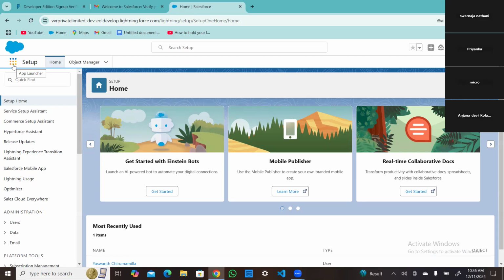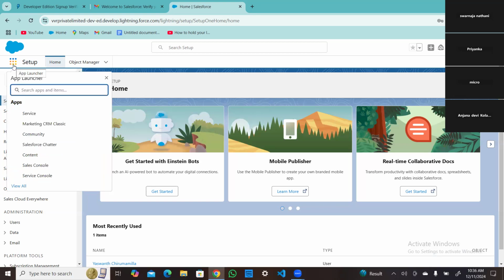This is the place you will see all your apps, guys. I told you Marketing Cloud, Sales, Service. Click on that app launcher. See, they have given default applications for us. These are the sample applications that Salesforce has already given us.